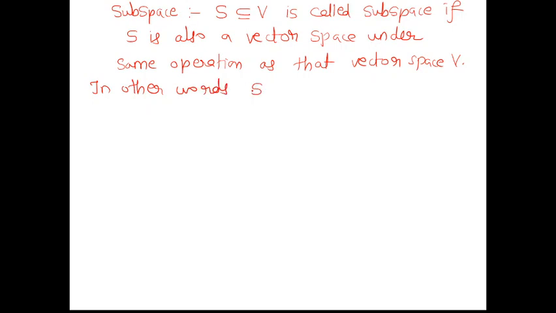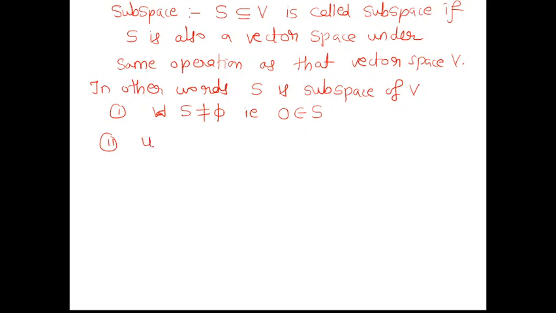is that S is a subspace of V if we take three conditions. What are the three conditions? That S should be non-empty. For this we just show that 0 belongs to S. Then second, if we take any two elements of S, then their vector addition also belongs to S. And the third condition is if alpha is a scalar,